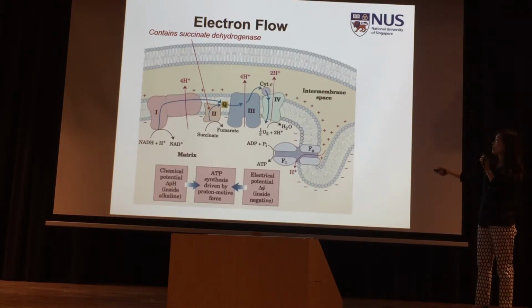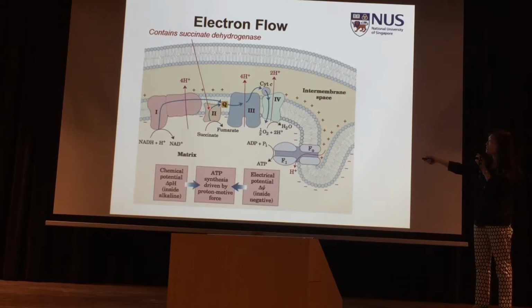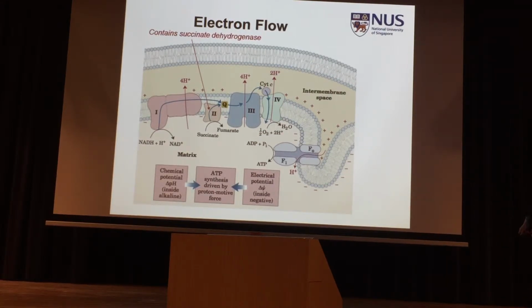Once FAD, which is here, gets reduced to become FADH2, the electrons will be passed to Q, coenzyme Q, and follow the same procedure to give you water at the end of it. Okay? So what does this do for us? It's just passing on electrons and giving us water. Is that it? That's not it, because throughout the whole process, if you notice,